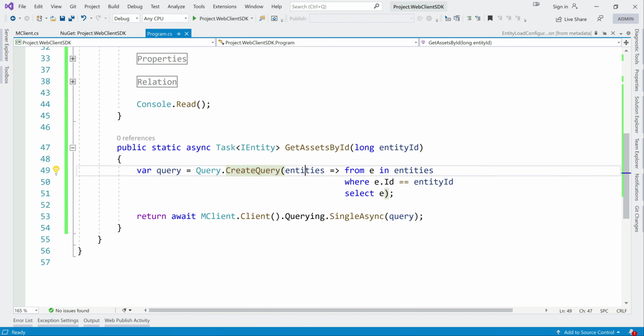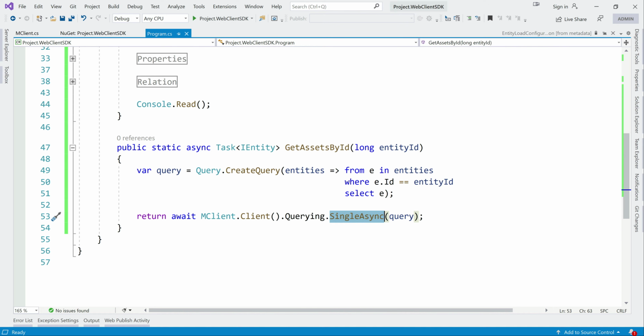LINQ query is supported in the WebClient SDK. So entities, and e.id equals ID, select e. There are multiple ways to query, and we can see those in later videos. If we are sure that this will result in only one entity, then we can directly use SingleAsync.